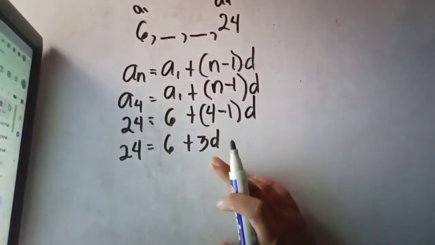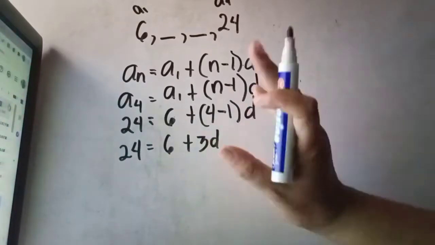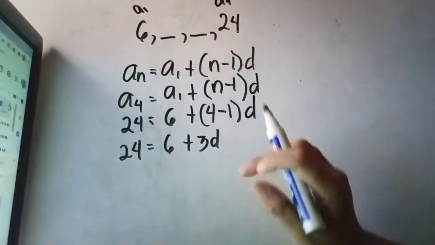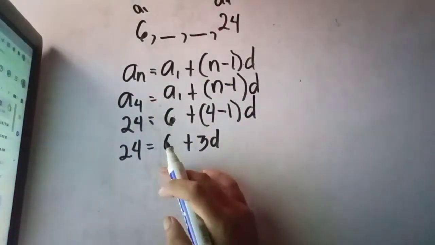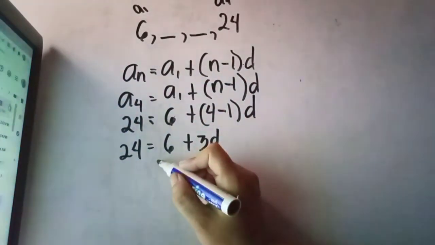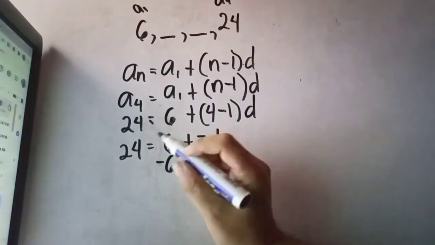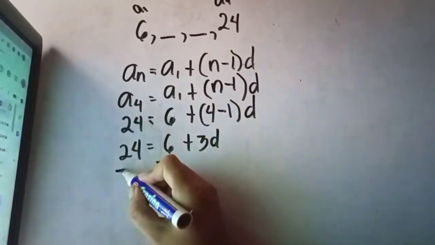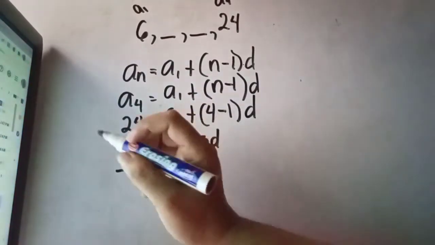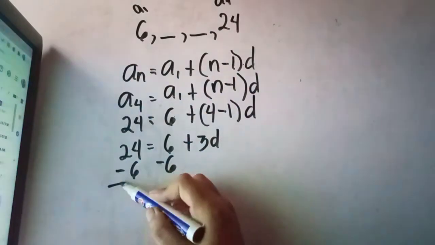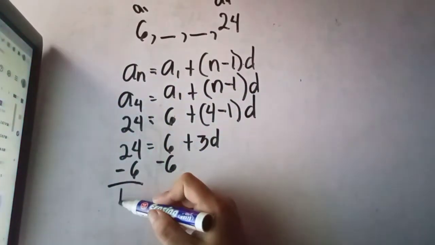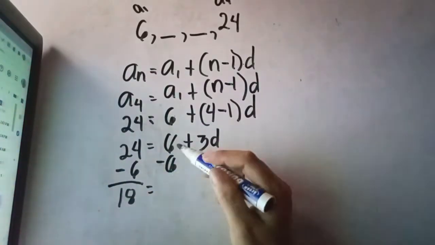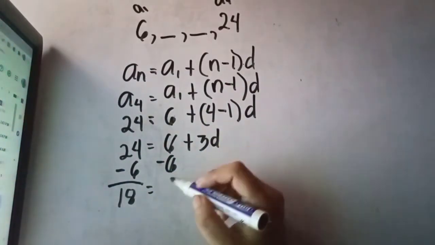Okay, para mailabas natin, ang materyal lang dito is yung may d na side or yung may variable, kailangan natin i-transpose si 6. So, dahil siya ay positive 6 dito, kailangan natin siyang minusan ng 6. So, kapag magma-minus tayo dito, magma-minus rin tayo sa kabila ng 6 para pantay. Okay, so ngayon, 24 minus 6 ay 18. And then, yung 6 dito, mawawala na kasi masasubtract na. So, ang matitira na lang dito sa side ay